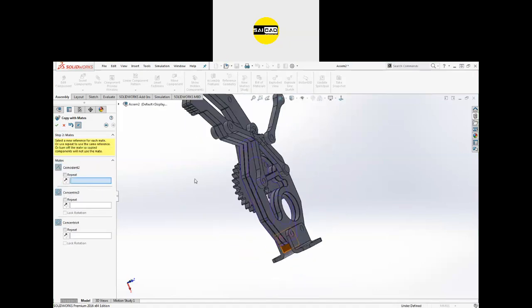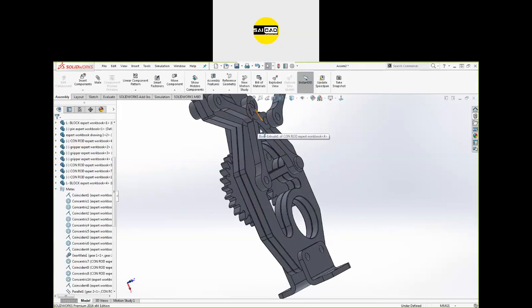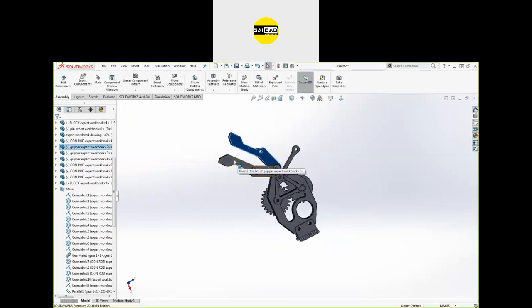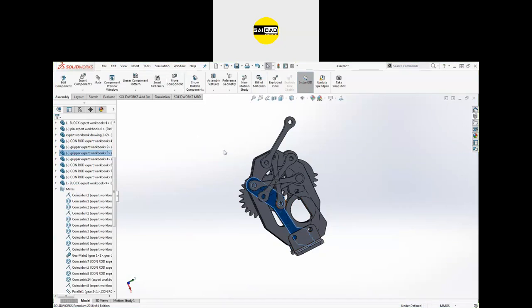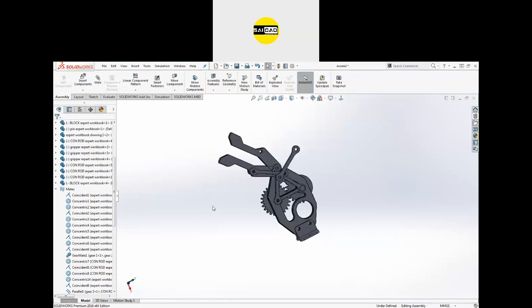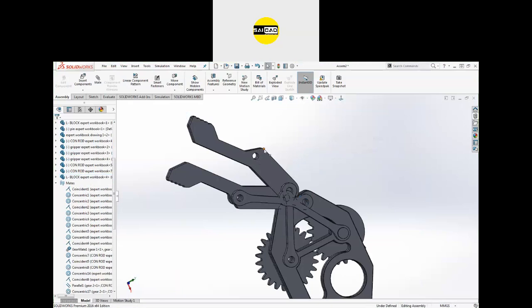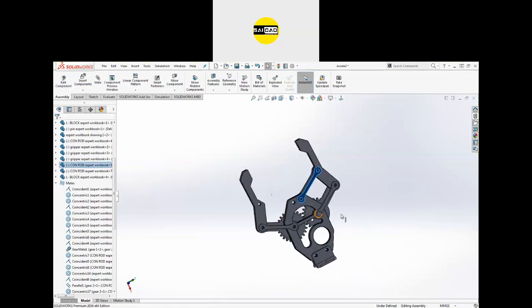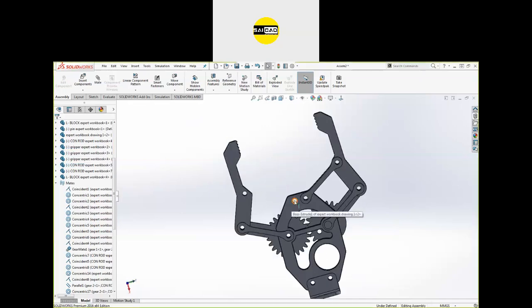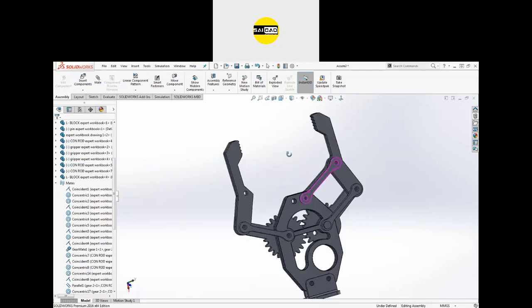So in this way you can create. Now my system is very slow actually, that's why it is not moving properly. Okay, it is moving but it is moving after some time. There is some error. Okay, so now we have to just specify some constraint here so that the object moves smoothly. You can see that if I move it, it can be moved. You have to specify some constraint here and the object will be created.